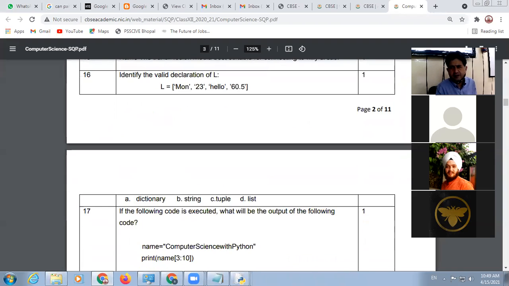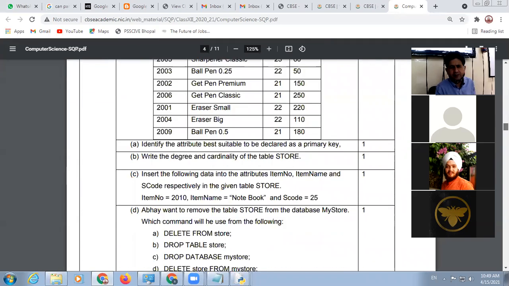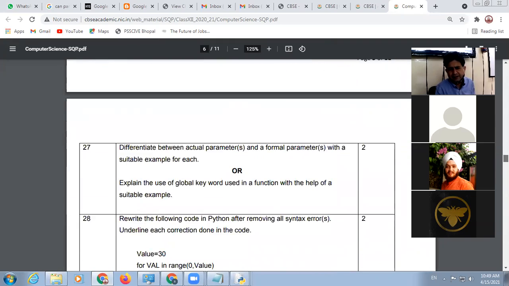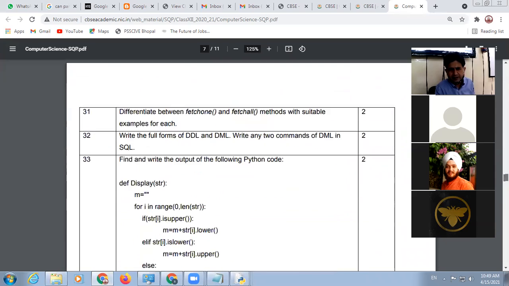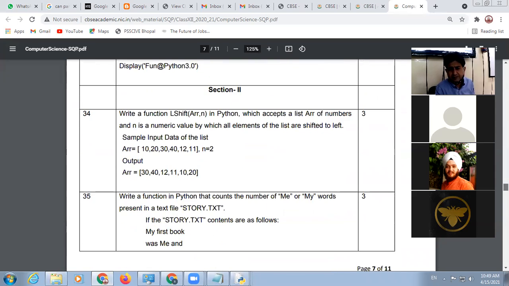The rest of the topics are linked with the function, but the topics are still pending. For example, file handling. Here further there are also questions on file handling with the help of functions, but we have not discussed file handling yet. Look at here, write a function in Python, because these are linked with file handling. So without file handling, here we discuss the different programs that are linked with functions. If you have any doubt, you can discuss with me.